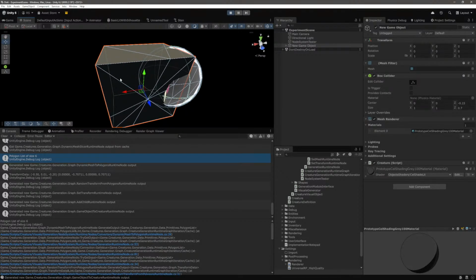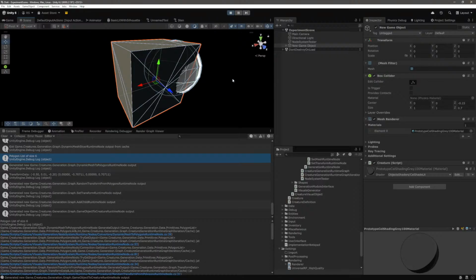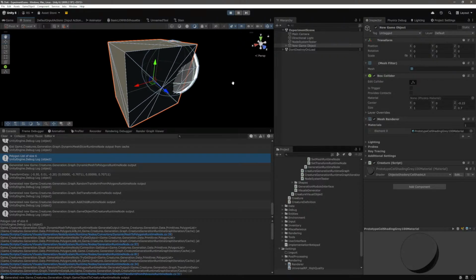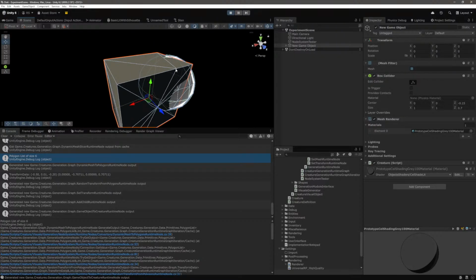So when we slice this one, one sec, it's only the UVs. Yeah, it's the UVs for these. So when we slice this one,